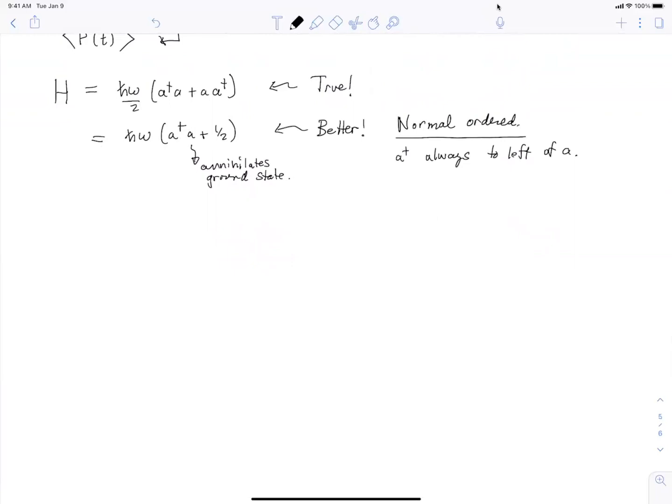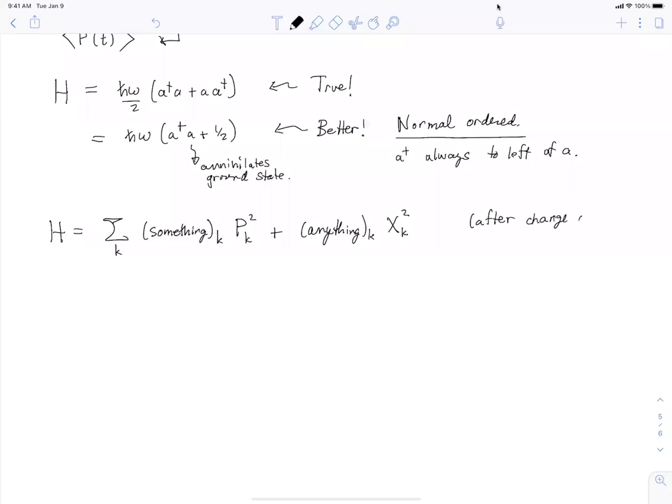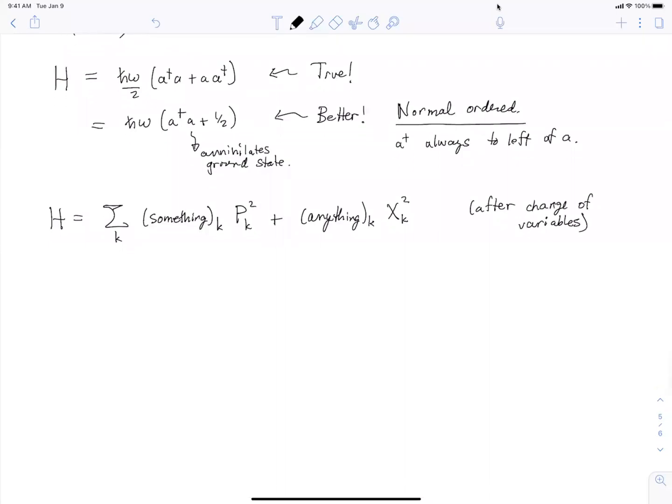Okay, and then the last thing I wanted to mention is we've had several problems actually with the following theme, where you're given a Hamiltonian, which is a sum over k of something times the momentum squared plus something else. I'm going to call this something else anything times x_k squared. So this is maybe after a rotational change of coordinates, or some change of coordinates, or change of variables. But the thing that was supposed to be a theme from all the homework problems is that anything of this form